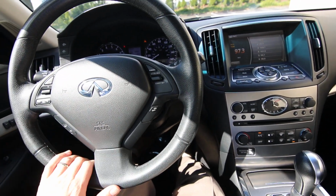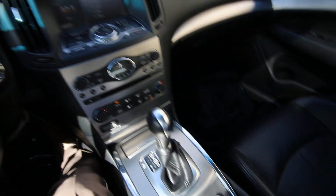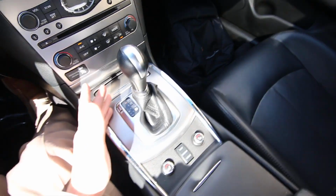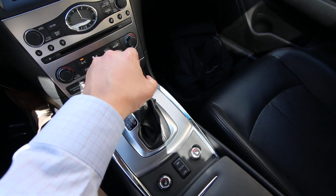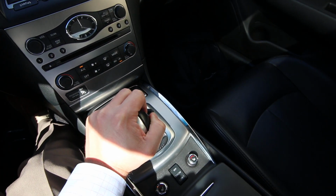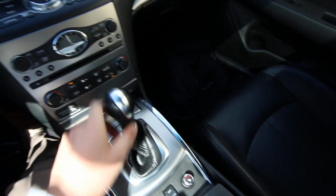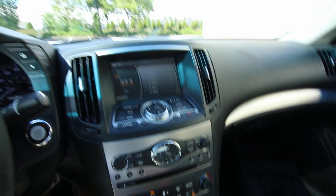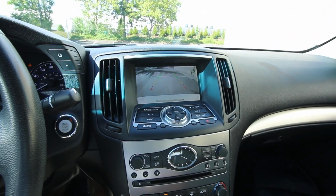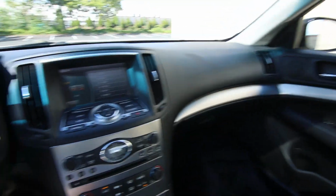79,847 miles, about right mileage for 2013. Most people average 10, 12, 15,000 miles a year. Very nice leather interior, power and heated front seats, 7-speed automatic transmission. You also have manual shift mode. You pull the shifter back, push it to the left, and you can push up to upshift, back to downshift, and it will give you rev match downshift for a sportier sound and feel. Also has a backup camera, moonroof, Bose sound system,